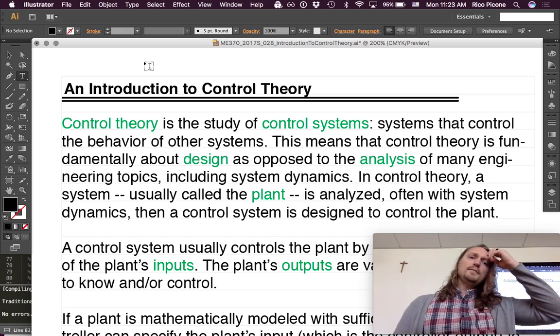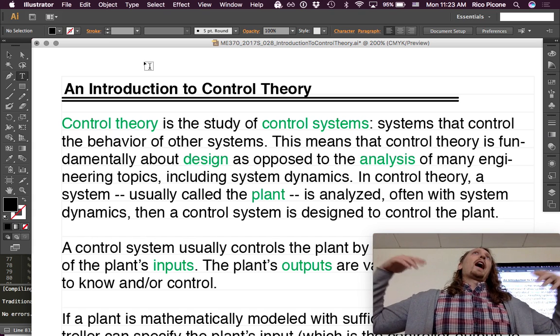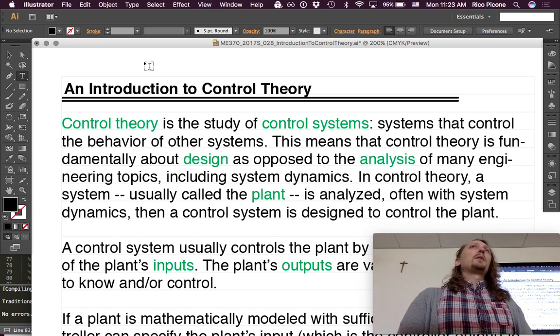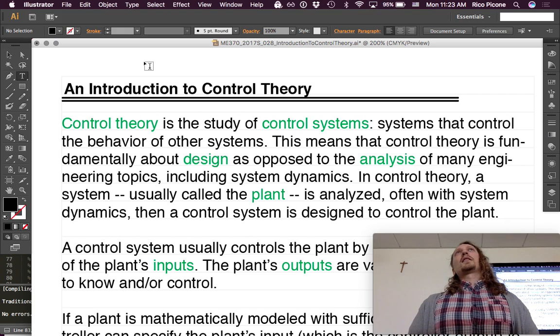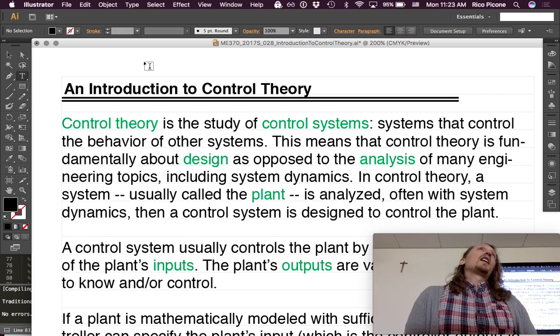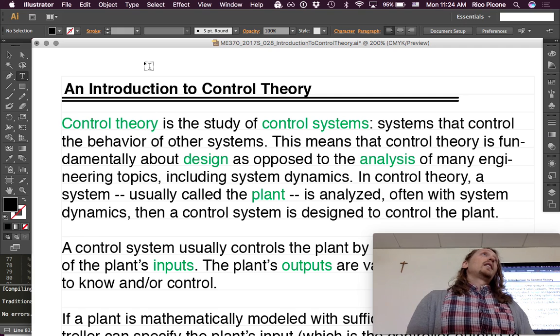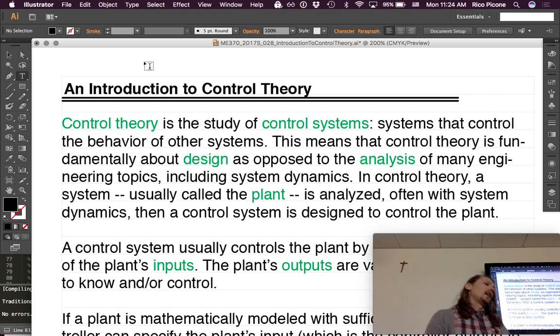So control theory is a big topic of how can we do better? How can we control these variables? Like for instance, how can we make the temperature get to the set temperature in less than 5 minutes? Maybe it's okay if it takes 5 minutes, but it's not okay if it takes 5 hours. How do we make it get to the set temperature exactly, and not maybe exactly, but within, say, half a degree,